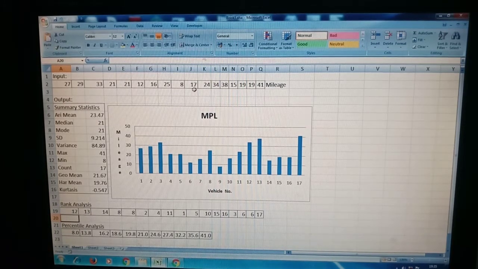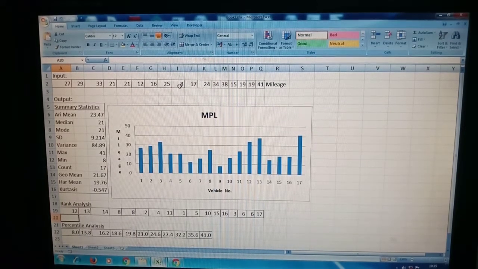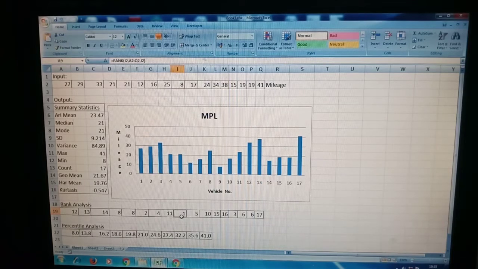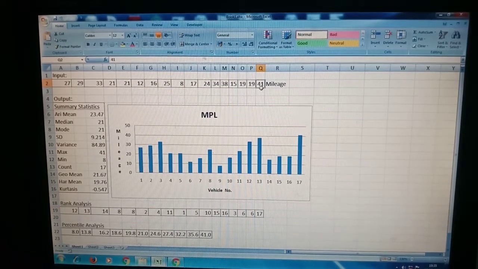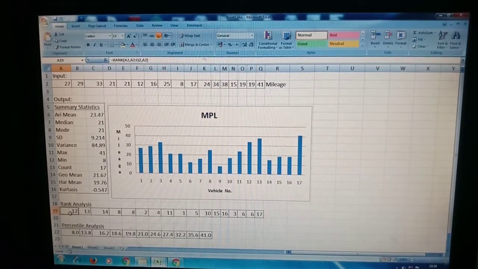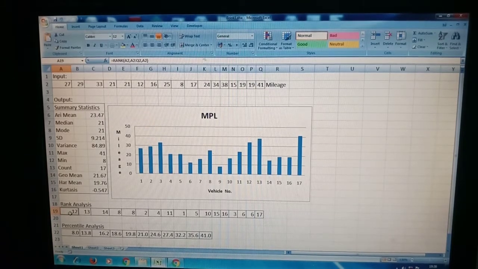It is actually in ascending order: the vehicle with the poorest mileage is first rank. The vehicle with the highest mileage is last rank. You can see this is the vehicle with the highest mileage. It is in 17th rank. So the formula we have to use is RANK(A2, A2:Q2).